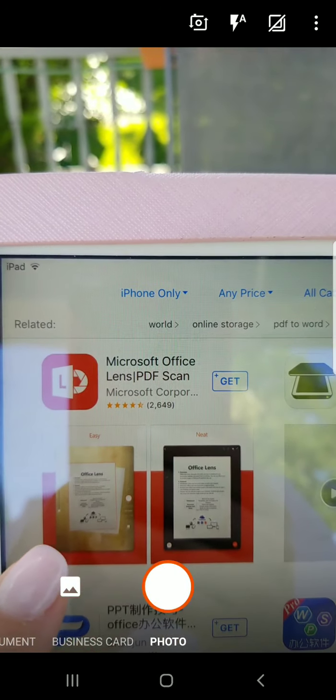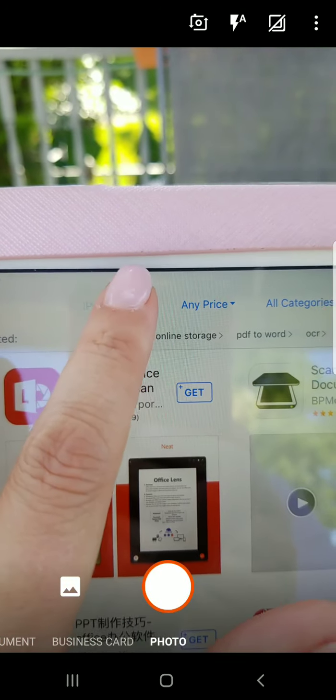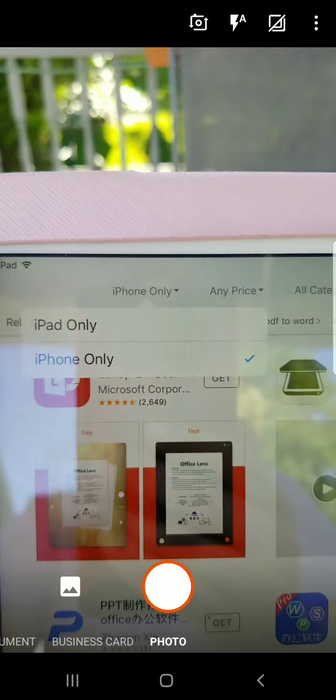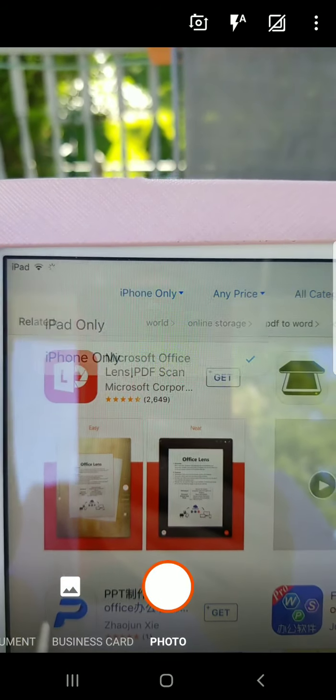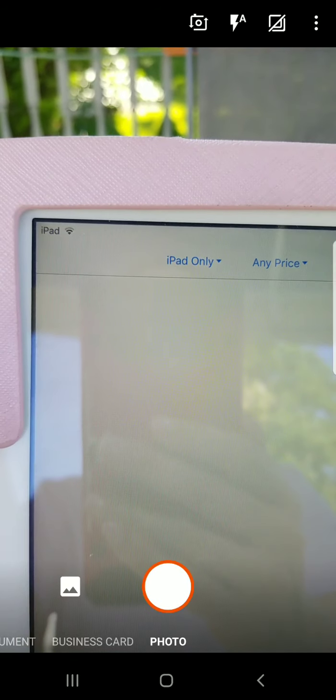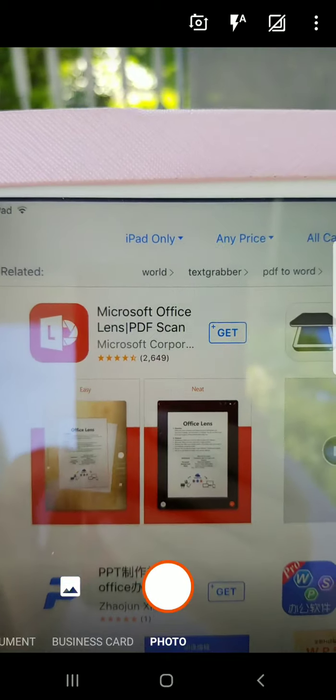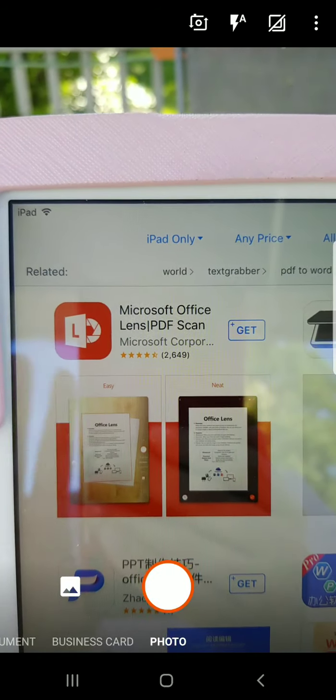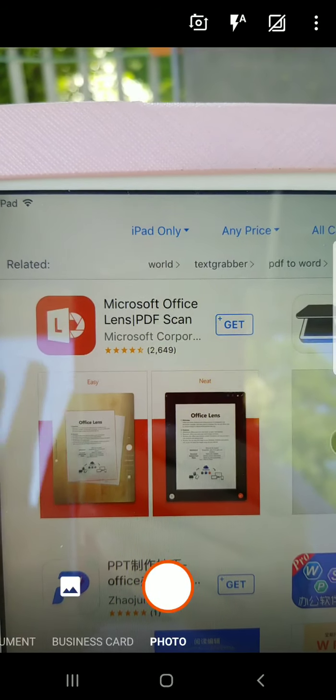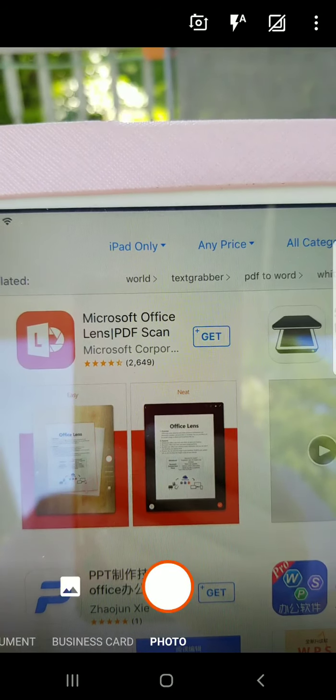So these are iPhone only apps. If I touch that, it shows me iPad only. So let's switch it to iPad only. And there's the app. Now, I'm not going to download it right this moment, but I could if I wanted it on my iPad. I prefer to have these things on my